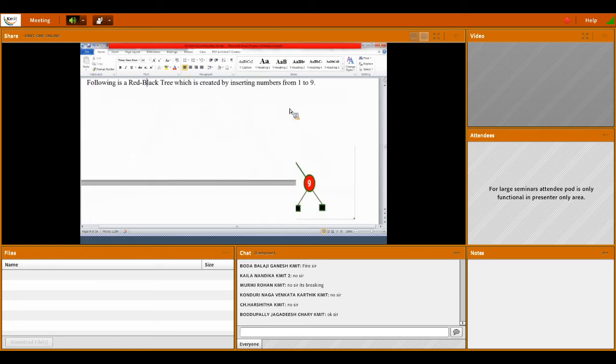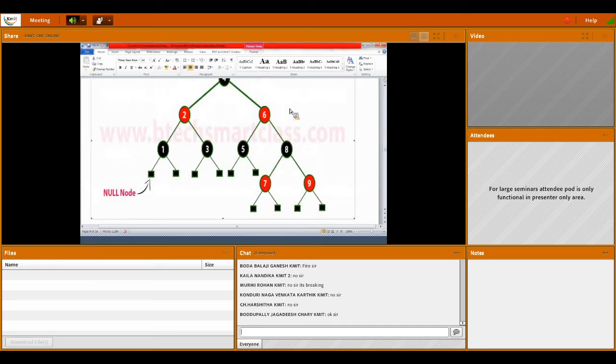You can do, for example, here 1, 2, 3 is there. Here 2 is not a root node. The root node is 4, but here you inserted the element only under 2, 1, 3, either left or right of the 1 or left or right of the 3. In such a scenario, no need to do recoloring or rotation for the entire tree, just the subtree. You take the subtree and do it and check whether it is satisfying or not. If it satisfies, then the entire tree also will be satisfied. So we'll see such scenarios also.